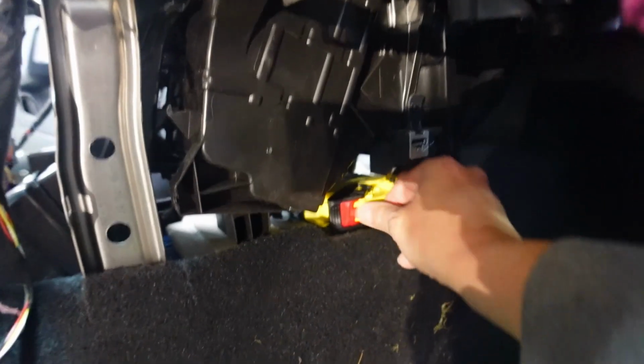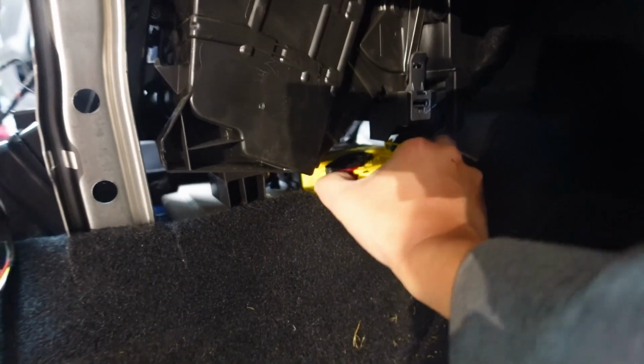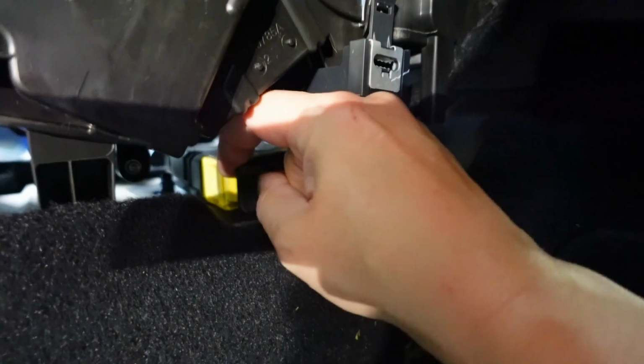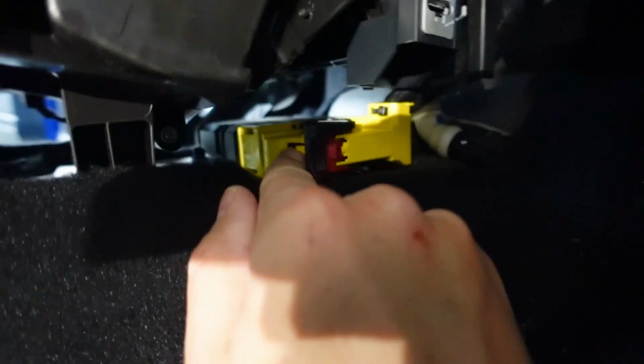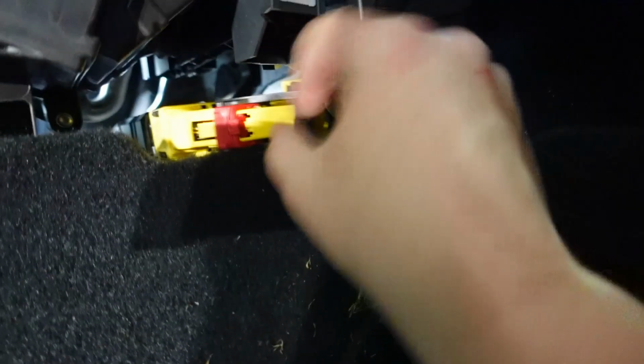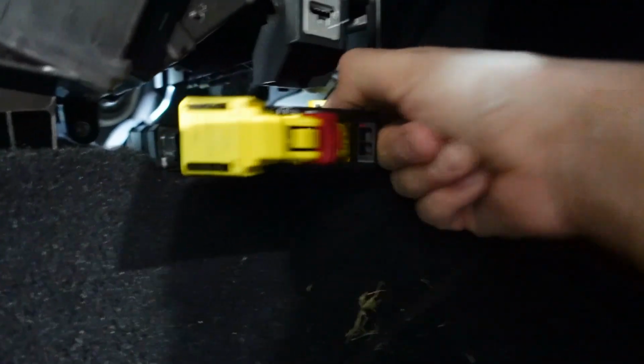One last thing we have to get out is this SRS module, so the airbag module. We need to get that removed and get that sent away to get that reset. So whilst I'm here, let's get that done, and then push this yellow tab in and lift the lever. Okay, so that's the module unplugged,